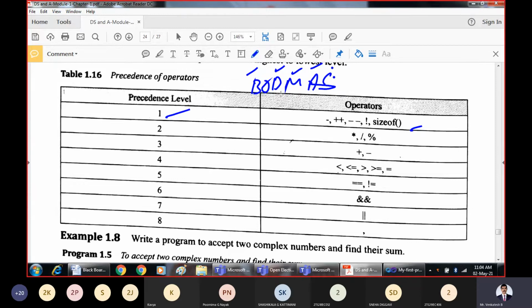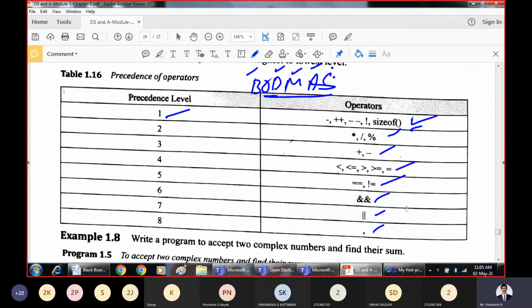But along with these, in programming we have all these other operators. So first preference must be given to these operators. Next come multiplication, division, modulo, then binary plus, then relational operators, assignment operators, logical operators, then the comma operator. This is how we give priority to the operators.